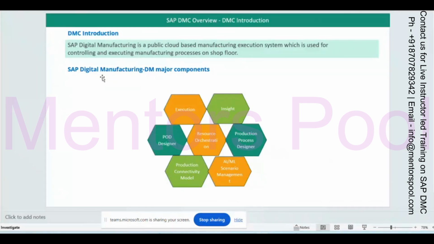So SAP DM, earlier DMC and now it is DM, contains some major components, and together they build Digital Manufacturing. One part is the execution, where you are performing your operations.